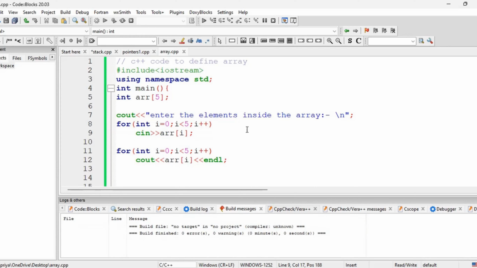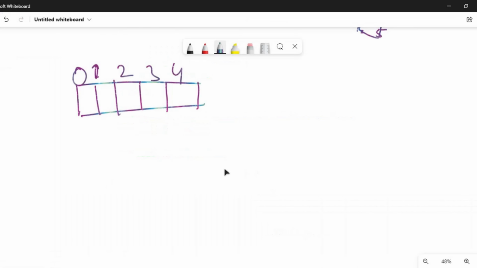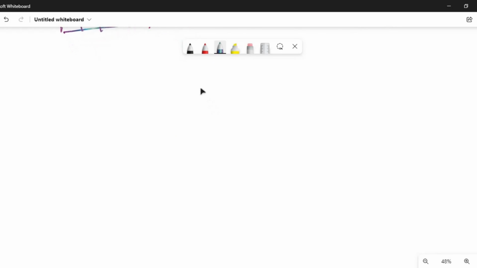So now, as of now, you have understood how you define an array, how you insert the elements in it, and how you display them. Now I'll be giving you some questions, and I request you to please practice them and give their answers in our comment section, and I'll be seeing who is giving the best code.